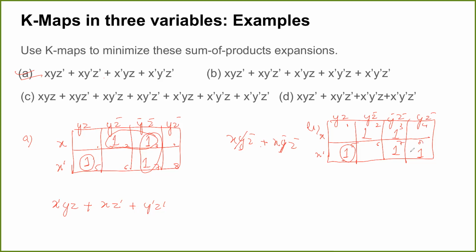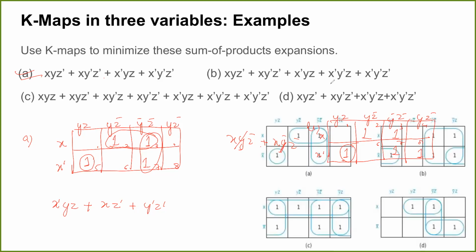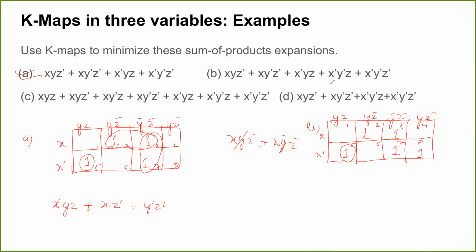Yes, class, can I group this one? Is there any cell which is adjacent to 1? There's nothing in 1. 1 is empty, right? There's no XYZ term. You have just this much. 5 and 8, right? So 5 and 8 are a wraparound. What else? What is the other larger group?